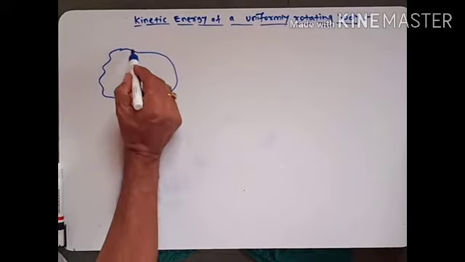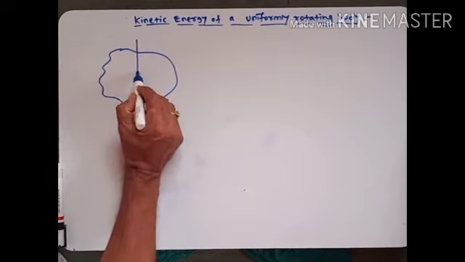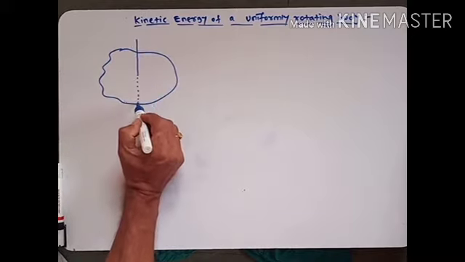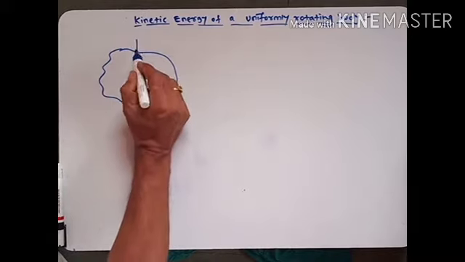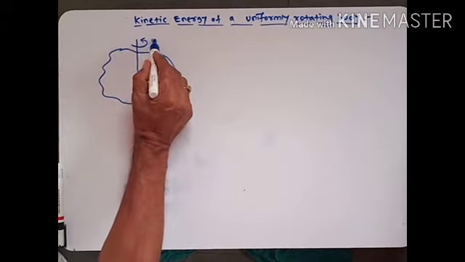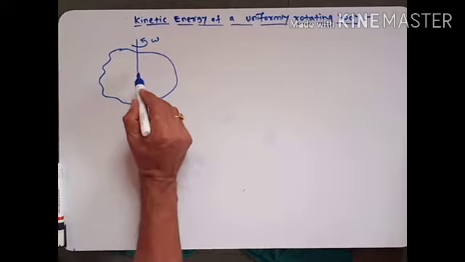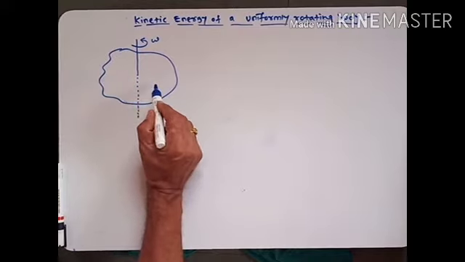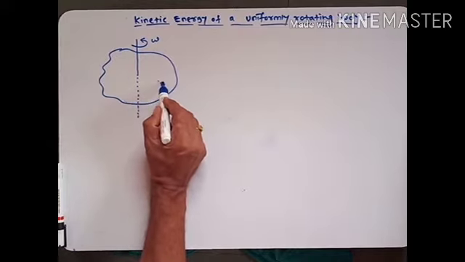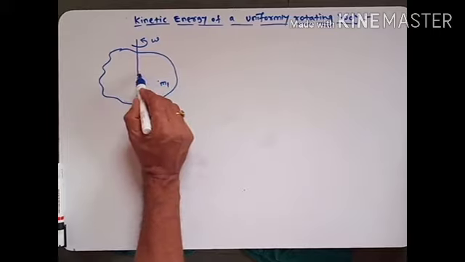any shape. Suppose this is the axis of rotation. Along this axis, body rotates with angular velocity omega. Now, suppose from the axis of rotation, we consider number of particles having masses m1,